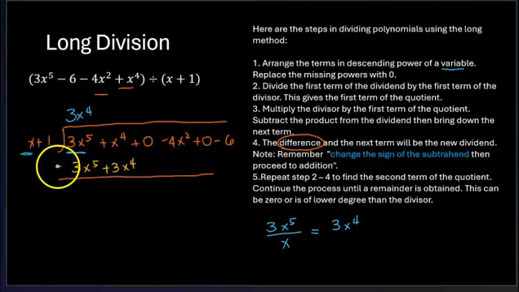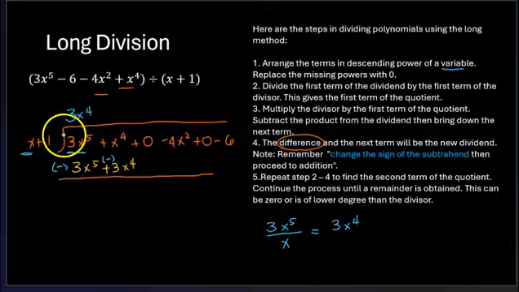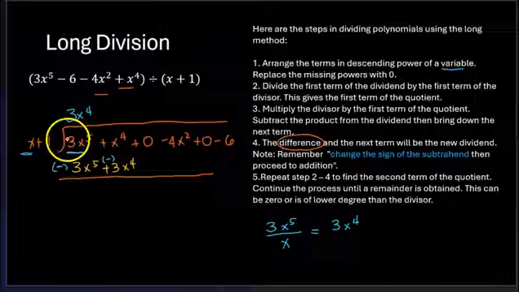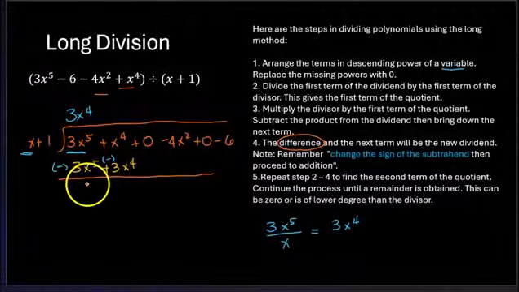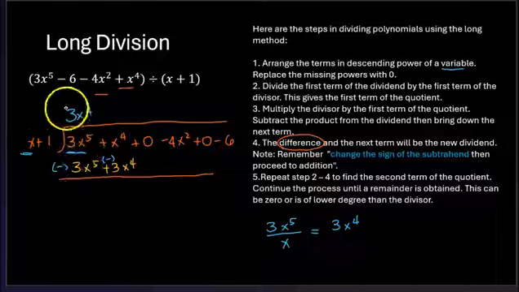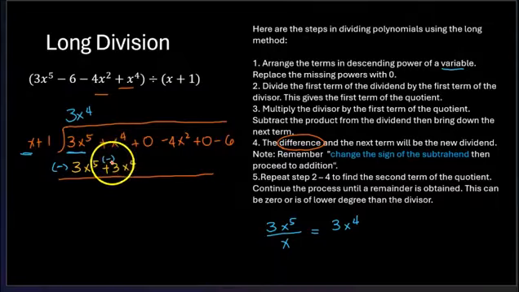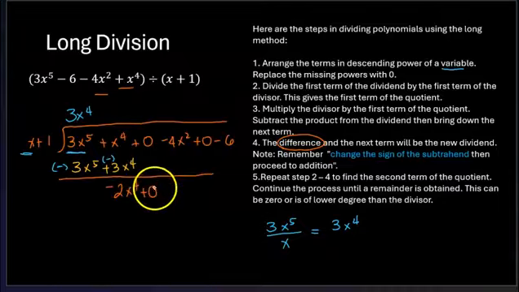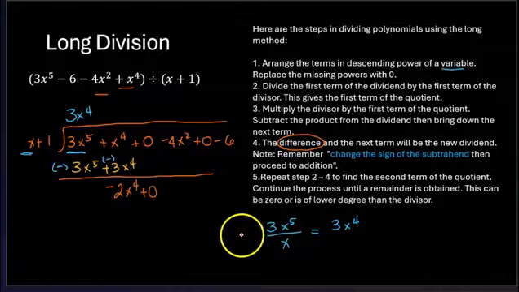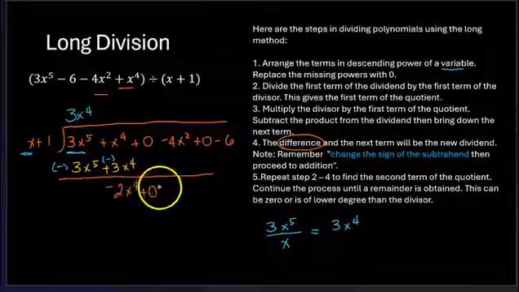Difference means subtraction, so don't forget to change the sign. Always our goal is to have this to be 0. If that will not happen, then you have to check the answer that you place here. So this is positive 1 and negative 3. So that's negative 2x raised to 4. And since there are two terms, you always expect to have two terms. So you bring down the next term. Do you need to write the 0? Not necessarily, but just for us to have a better solution, I'm going to write it down.